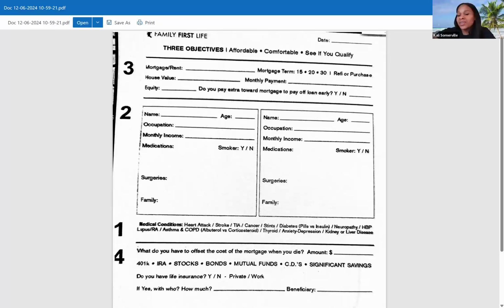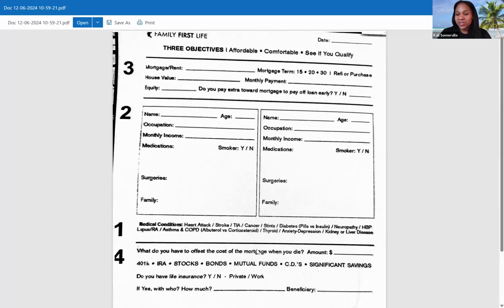All right, so I'm going to show you guys what client inventory sheet I use right now. I know it isn't the best copy, but this is the exact client inventory sheet. Khalid and Corinne can tell you, I know my script inside out. But before I started doing mortgage protection, I never used the client inventory sheet, and if I did, I only used it for the medical conditions and never asked,